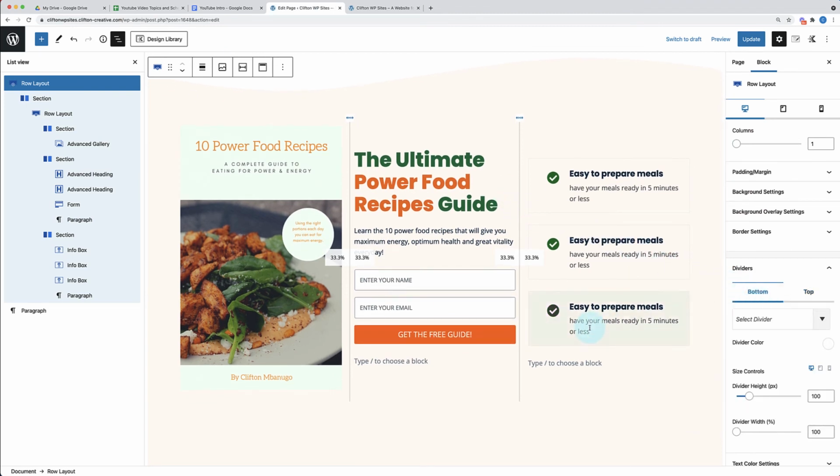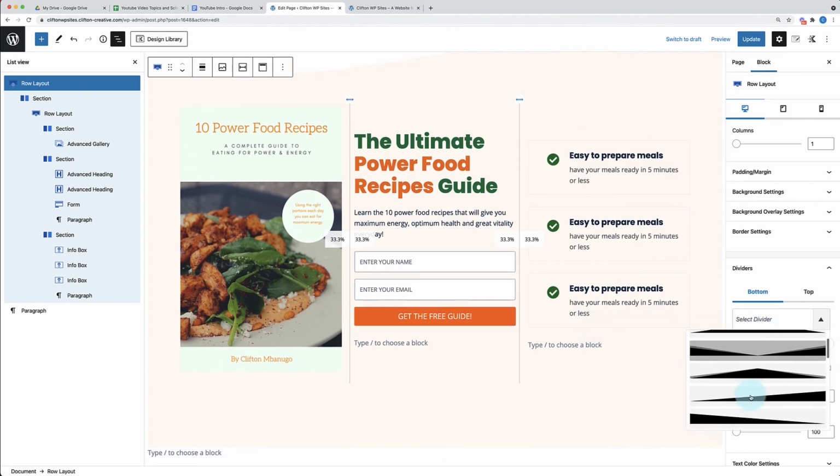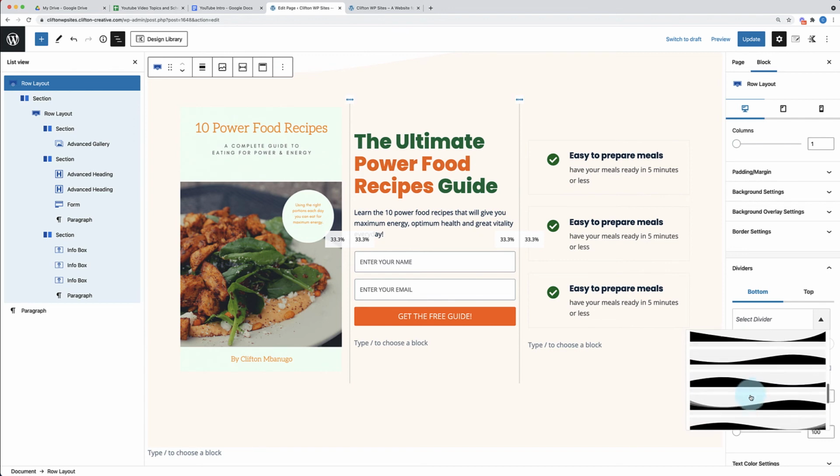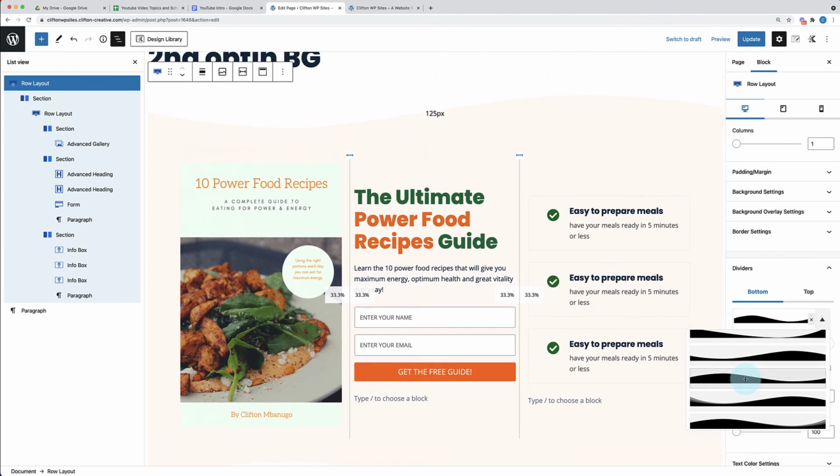So I'm going to go to the bottom. Let me pull this up a little bit. And I'm going to select the divider. So this is happening on the outermost row, guys, on the outermost row. And here it is right here. Good. So we can kind of see the divider here that's having this little nice valley and this little nice